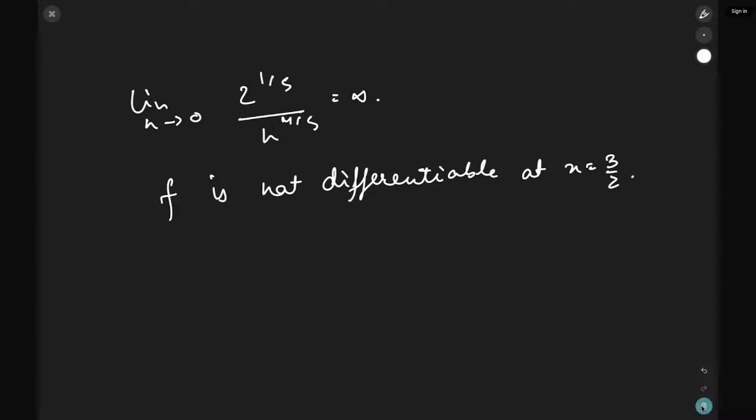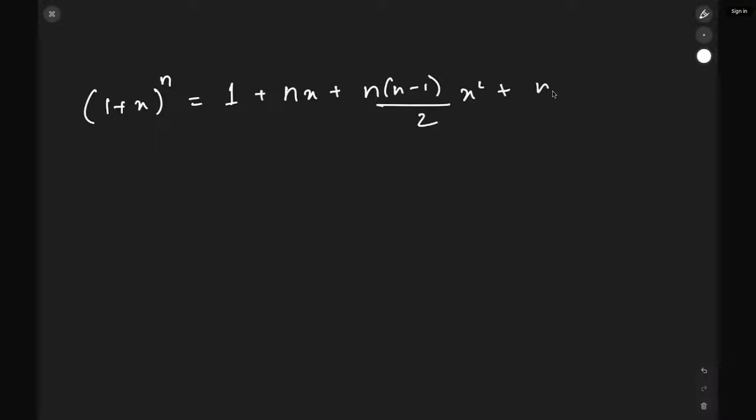Okay, so moving on to the next question. Now we have to talk about the binomial theorem for any index. Now the binomial theorem for any index, I can write it as (1 + x) raised to the power of n will be 1 + nx + n(n - 1)/2 x squared + n(n - 1)(n - 2)